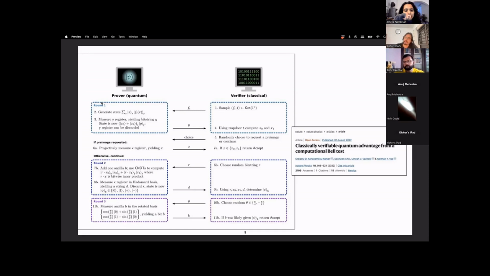And the verifier might want to check that. Many interesting papers have been written: can you do self-testing in this setup? Can you generate randomness in this setup? Can you verify an entire quantum computation in this setup? Can you decrease the number of rounds? Can you decrease the number of qubits required for your implementation? It's a very nice area, and I think it's worth exploring.